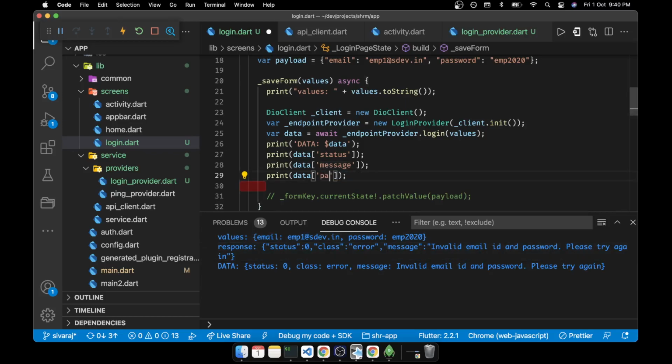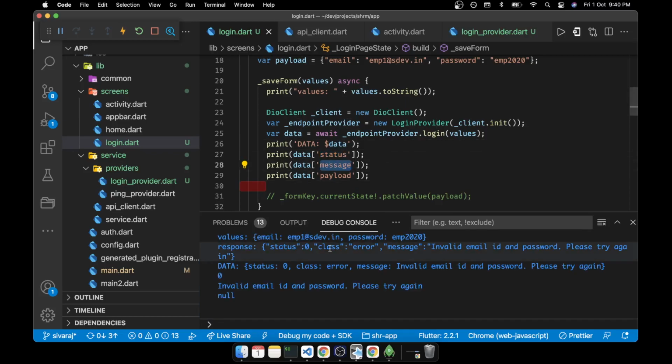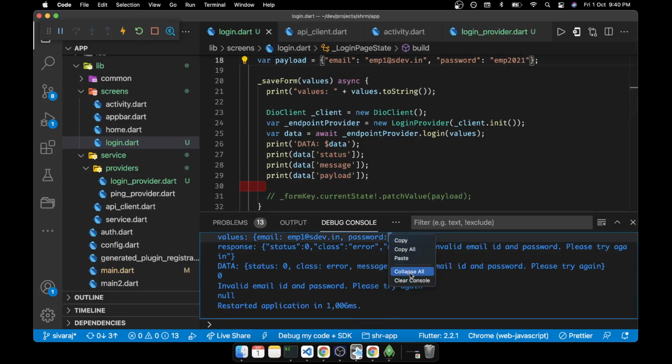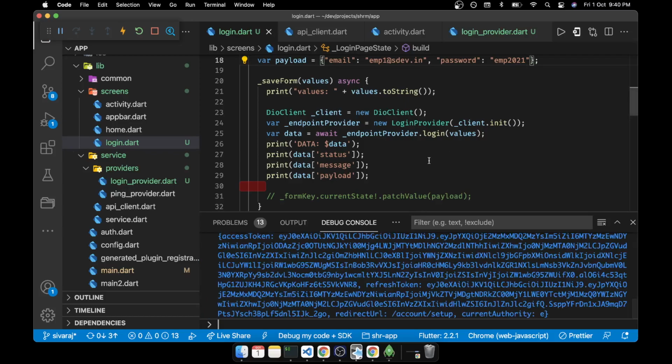Or if we have anything like payload, we can access payload. Okay. So now we'll see in this scenario whether all these three are coming on separate lines. One is the status, another one is the data, message separately. Finally payload does not have anything. Correct. Now we'll change it back to 1. We'll save it. Did we even go to the front end, the form, and then try?